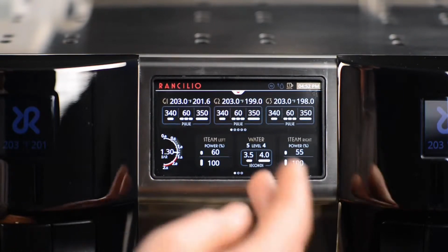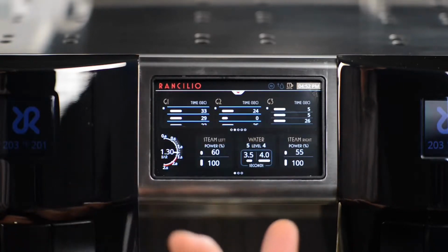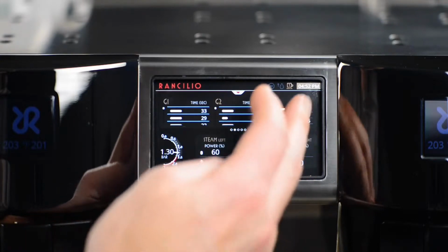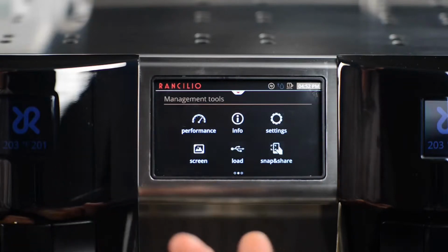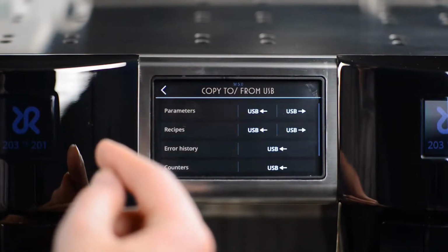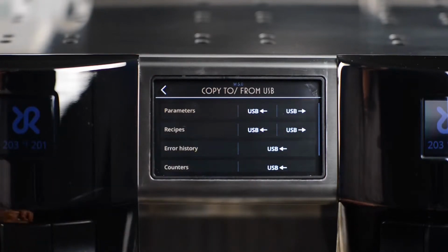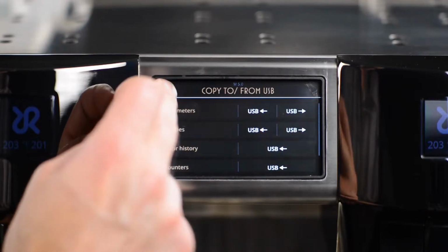For now, I'm going to show the basic overview of what each group records. Each group records the last 30 extractions. You can see how each group is doing. If you swipe to the left, you'll see your management tools. Here you can do things like save parameters to a USB or from a USB, copy them to the machine, or recipes like that. And in a couple minutes, we'll look at the USB while we examine the drip